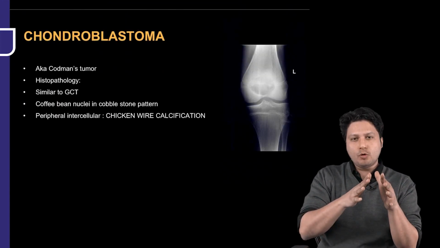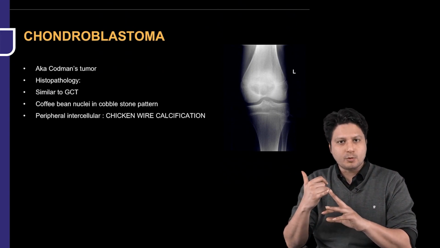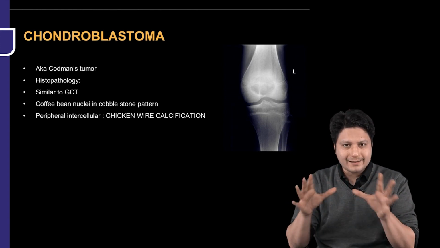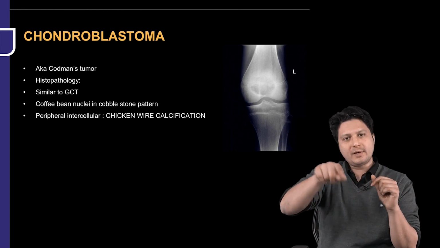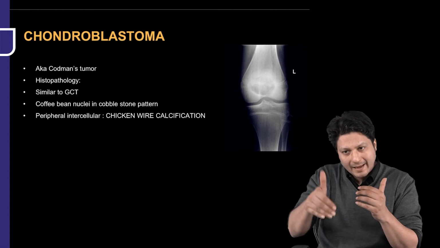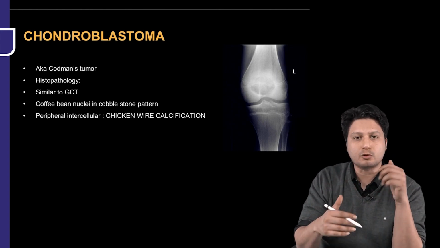Now already we know many things related to this tumor in particular, like it is the epiphyseal tumor. The most common bone to be affected is the proximal humerus. Alright, at least this much we know about the chondroblastoma. Then the age it is likely to affect is less than 20 years of age. That means it is the tumor of a skeletally immature individual. So what else is left is that it is also known as Codman tumor.